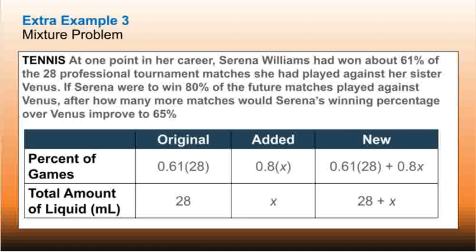Next one, at one point in her career, Serena Williams had won about 61% of the 28 professional tournament matches she had played against her sister Venus. If Serena were to win 80% of the future matches played against Venus, after how many more matches would Serena's winning percentage over Venus improve to 65%? So we have everything in the table here. You're adding the 80% or the 0.8x. We don't know what x is, how many games she has to do. We want to make sure that her win,